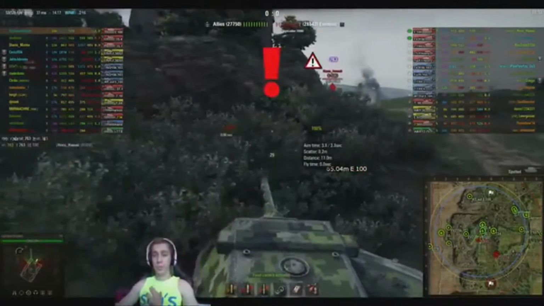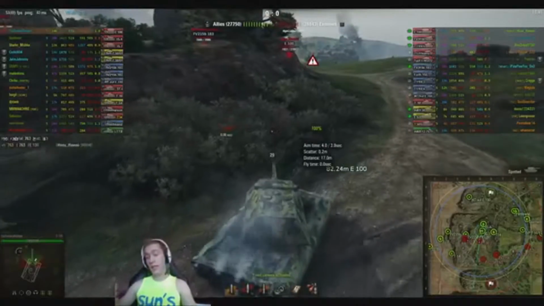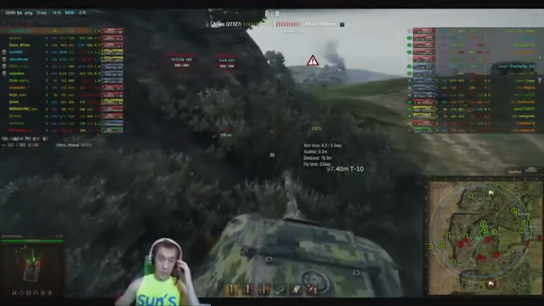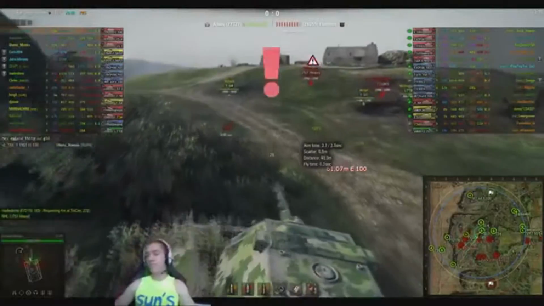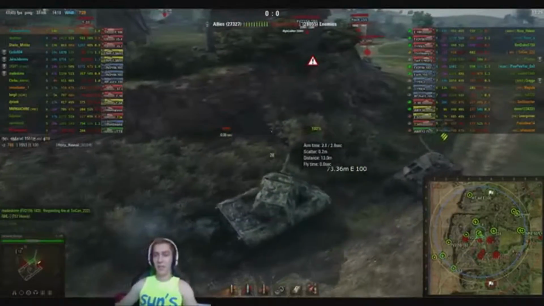Switching to him, he just put a very nice round into that E-100. Not going around the corner too much, so that any TDs on the other side of that ridge line, aka back over here, would be able to get a shot into him. So that's, you know, playing that very well, and the E-100 on the other side just doesn't seem to have the reaction time to